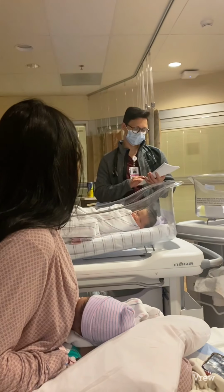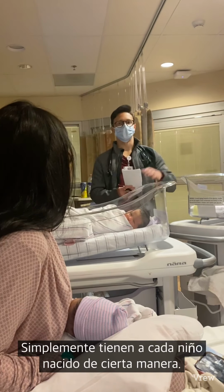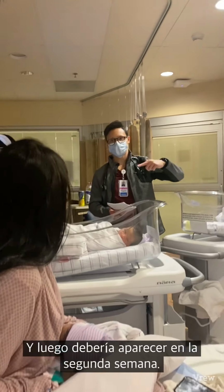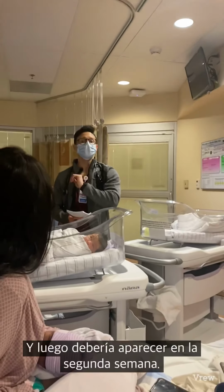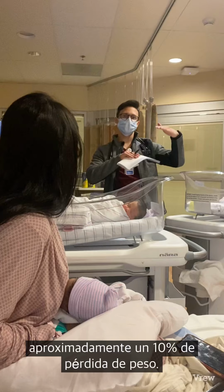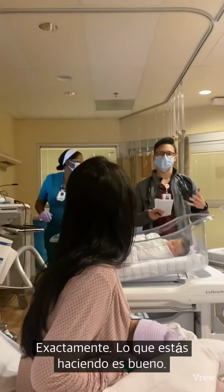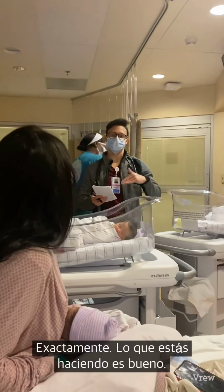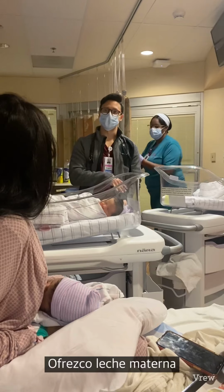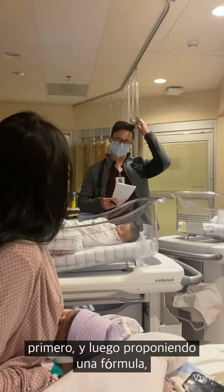Yes. They're down by 6.4%, meaning every baby is born at a certain weight, and then the weight goes down, and then it should come up by the second week. The range that we look for is around 10% of weight loss is okay. And so we just try and encourage feeding if it's a little bit faster. And so yeah, exactly what you're doing is good. Offering breast milk first and then offering the formula afterwards, just so that they can make sure they get enough